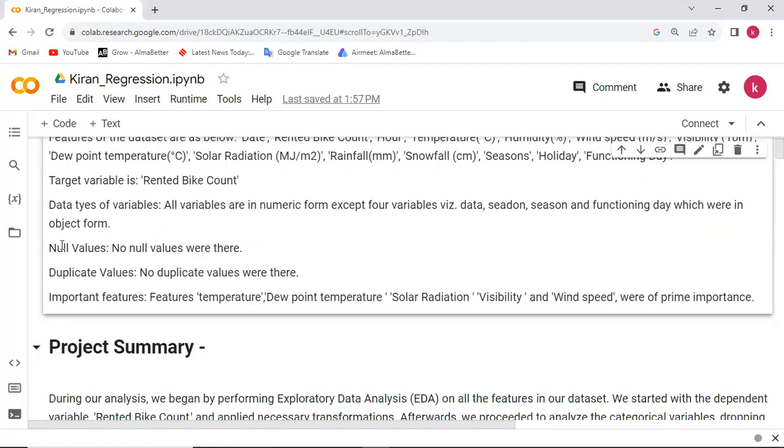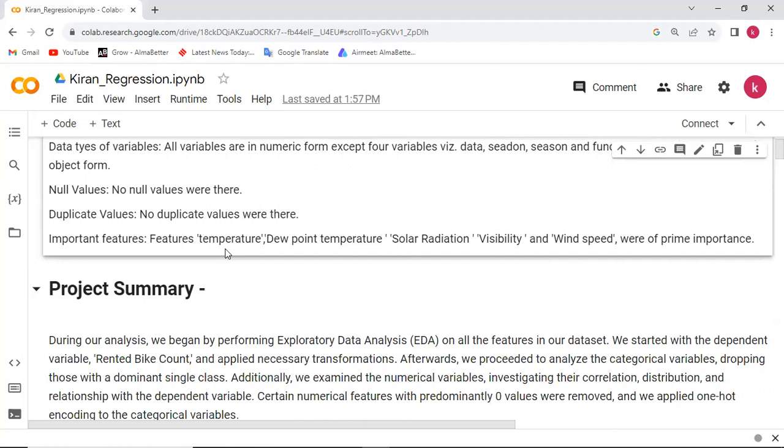After running some code, we came to know that there are no null values in the dataset. Also, no duplicate values were found.